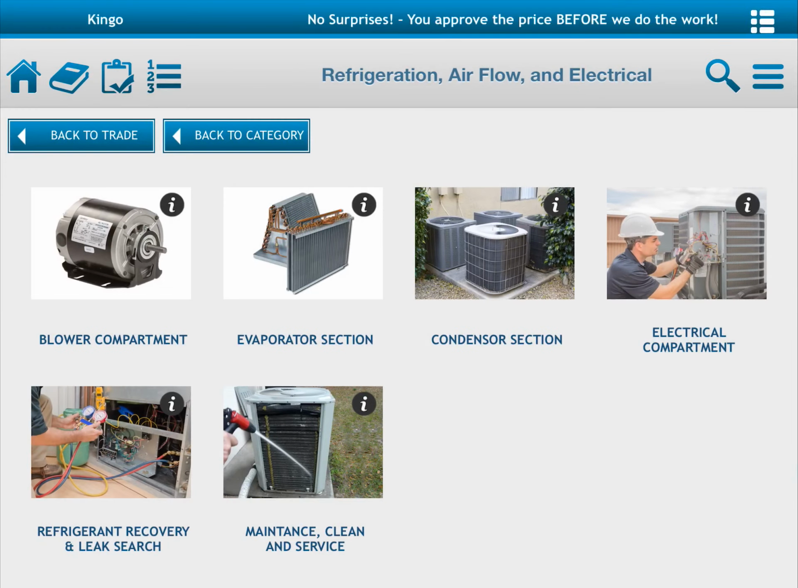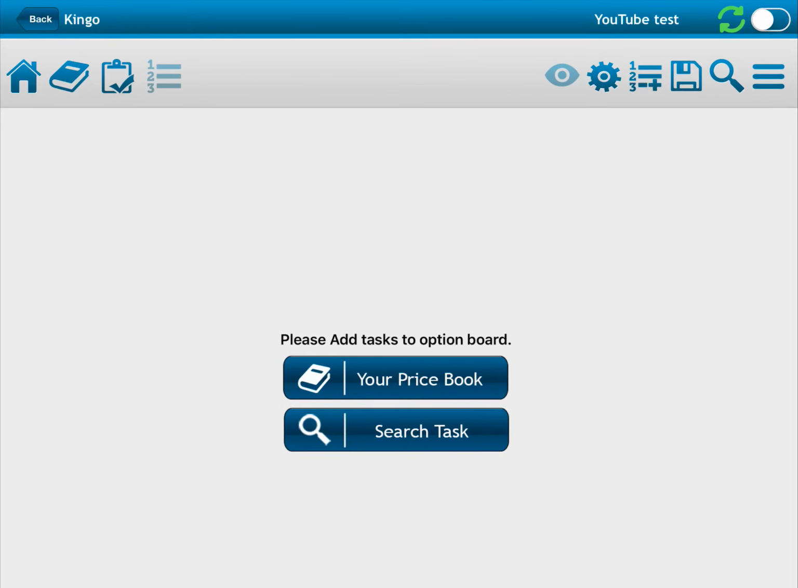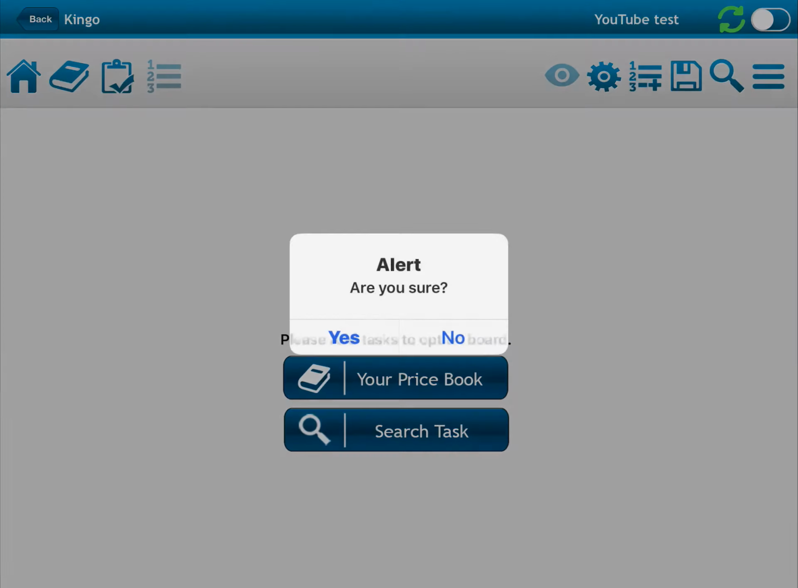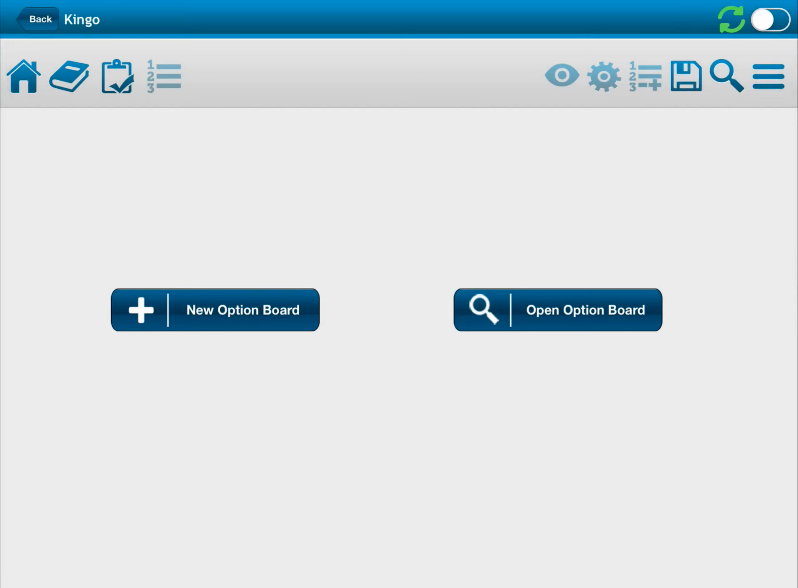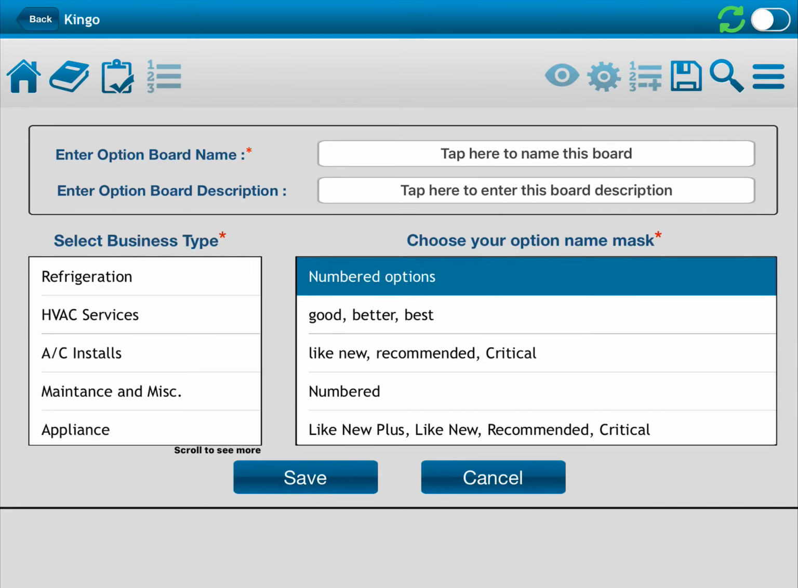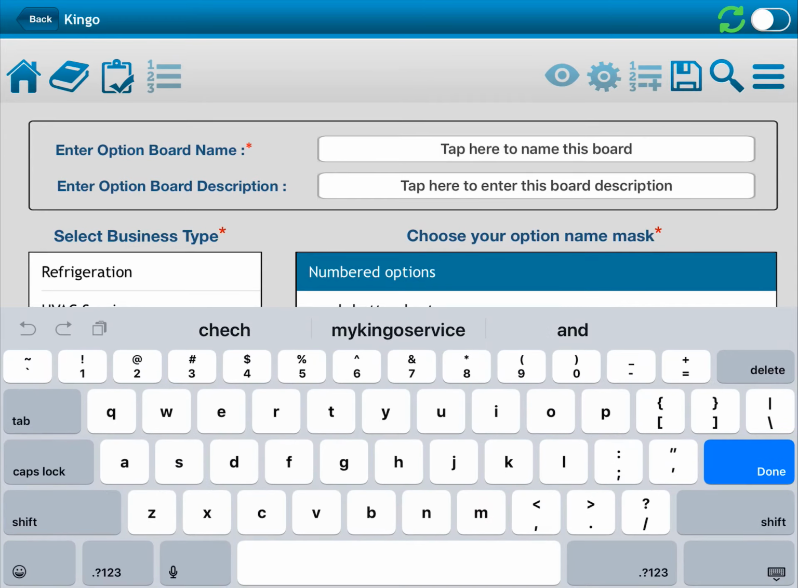But you know what, in this case, good, better, best is good for when you're setting a unit. In this case, we're just going to do a repair. So we're going to either do a patch up or a full fix. So let's go ahead and make a new option board. Alert, are you sure? Yes, let's make a new one. We have not saved it, so that's why it wasn't giving us an alert. New option board, same name. Let's name this one repair